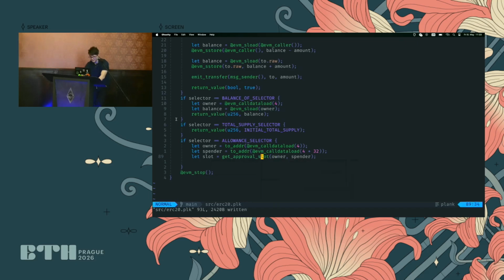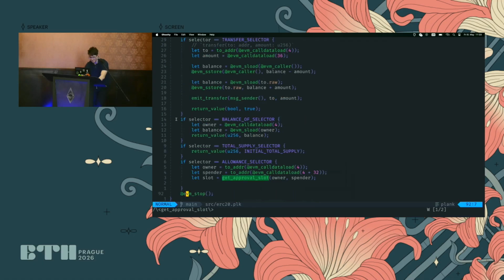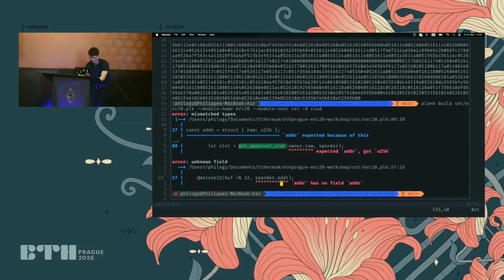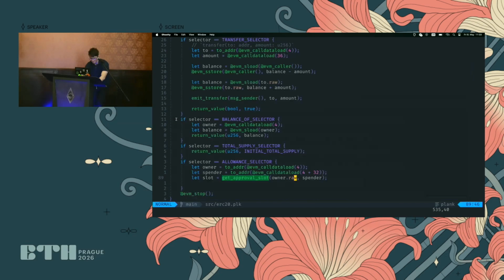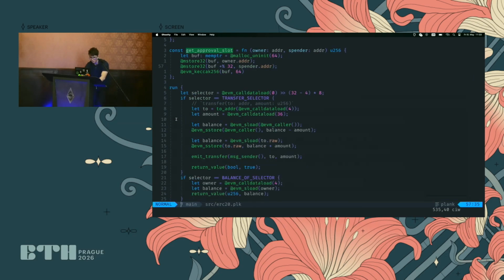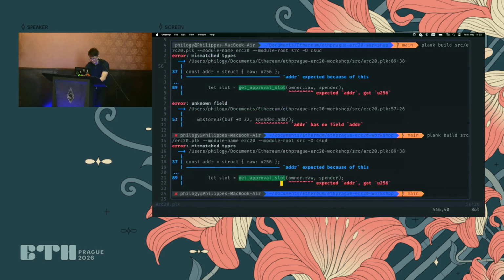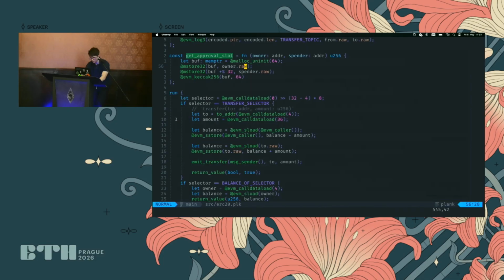And the nice thing is, again, this uses the address type, so if we accidentally mess up and try to pass in a uint, like let's say raw, to get the uint version, the compiler will yell at us. It tells us we're using the wrong field, we want address, we got U256.